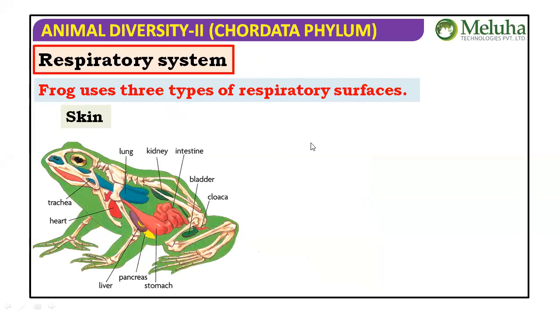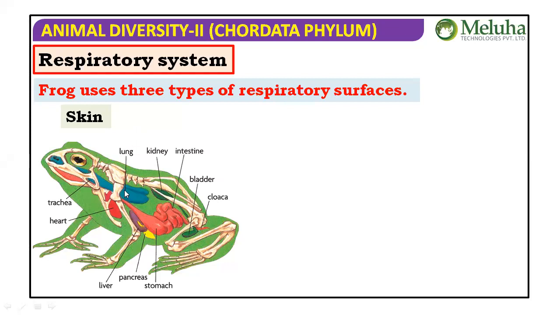Here you can see, first of all, the internal organs. You can see the lungs and the kidneys. This is the vertebral column, the skull, and the pectoral girdle and pelvic girdle, and the four limbs, all of which you can see in this diagram. The alimentary canal as well as the liver, pancreas, stomach, then intestine, and finally how it opens into the cloaca, you can see. Now let's come to the respiratory system.